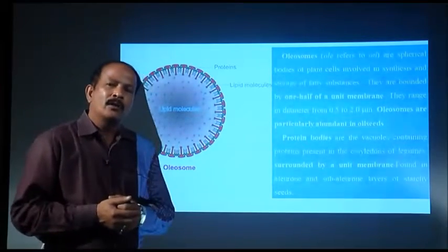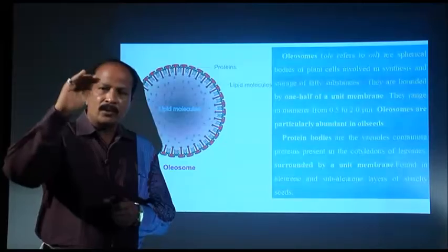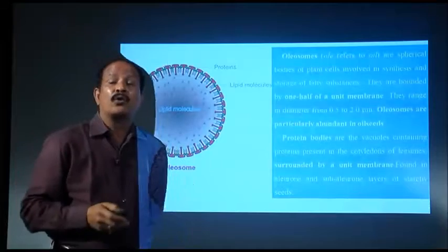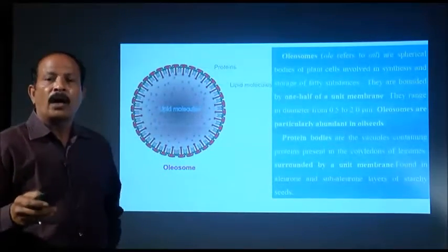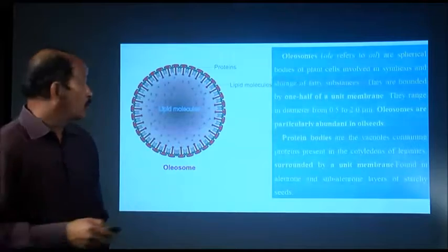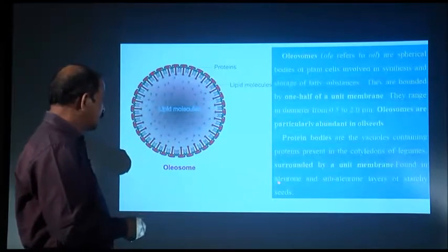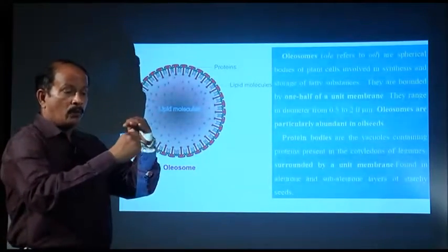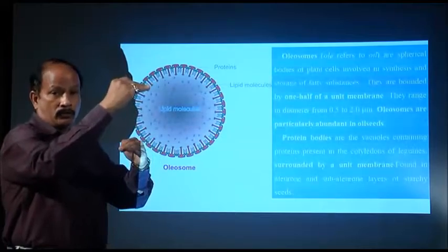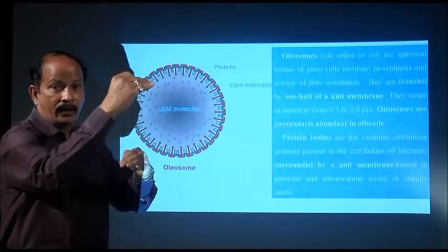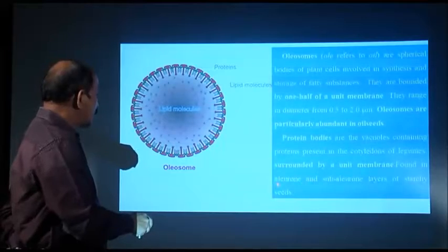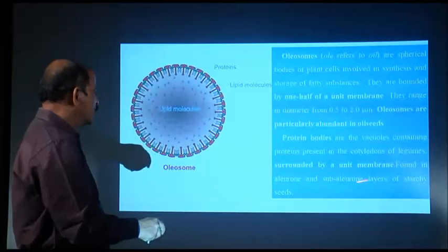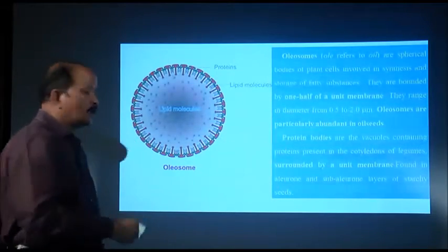We might have seen rice. Rice has its fruit covering, below that there is a brown layer and that brown layer is called aleurone. That aleurone has protein bodies. There we can find the protein bodies. That is why it is written aleurone. This is the red and outermost part just below the fruit cover of the rice grain, and there we will find that layer is aleurone, and in the sub-aleurone layer below that, in the starchy seeds, especially wheat, rice, all these we will be getting protein bodies.